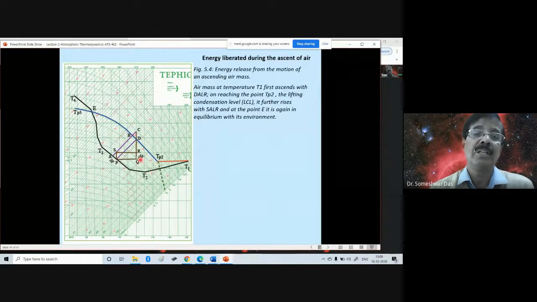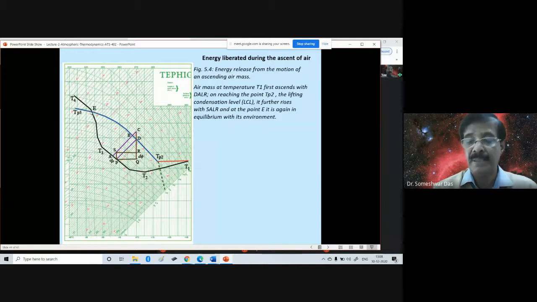formed because of the convective instability present in the atmosphere, by which the base of the cloud is here and the top of the cloud is here. So this is the depth of the cloud. You can measure how deep the cloud is, because you know the pressure at the base here, and this is the pressure at the top. These slanted straight lines are the isobars, as you have seen. So you know the pressure at the base of the cloud and the pressure at the top of the cloud, so you can find out the depth of the cloud.